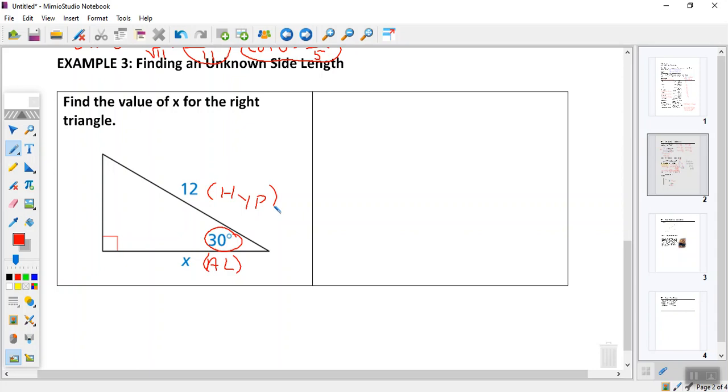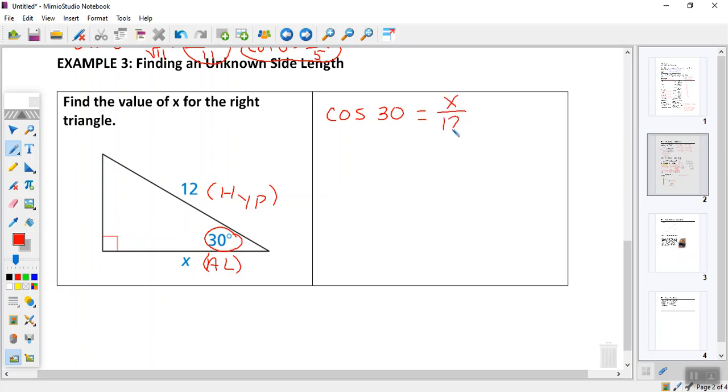Cosine, right? Oh, no. Adjacent and what? Hypotenuse. Okay, think of that one right there, okay? All right, so here's the deal. I'm going to set this up as follows. We're going to call this the cosine of what, kids? What's the angle down here that we know? 30 degrees. By definition, that would equal the adjacent leg length over